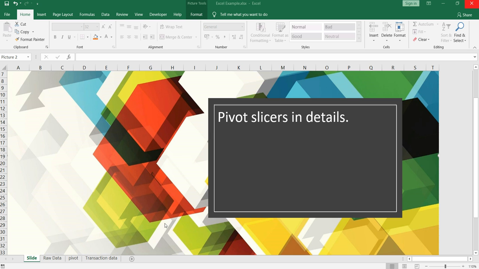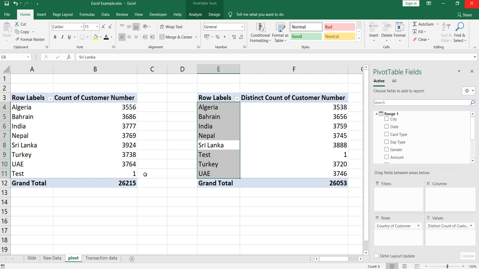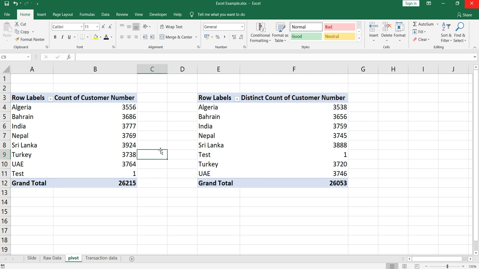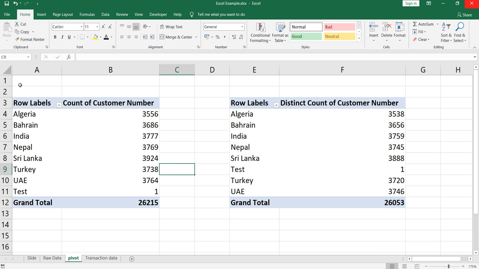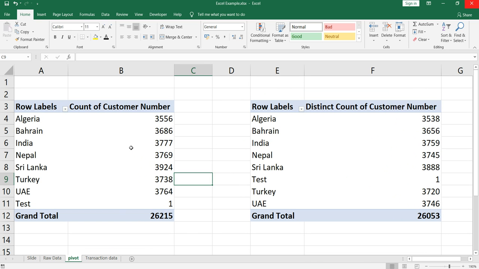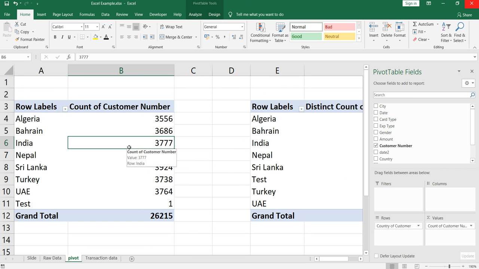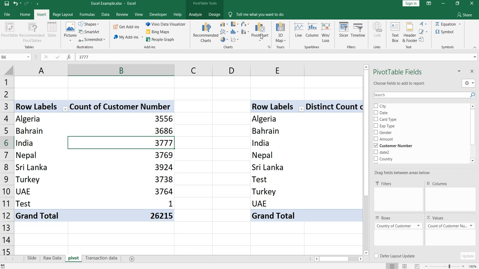So let's go to our pivot table first and see how we can insert a slicer. In our previous video, we created these pivot tables. Now if we want to insert a slicer, we have to click anywhere within the pivot table first, then click on Insert, and you will see the Slicer button.